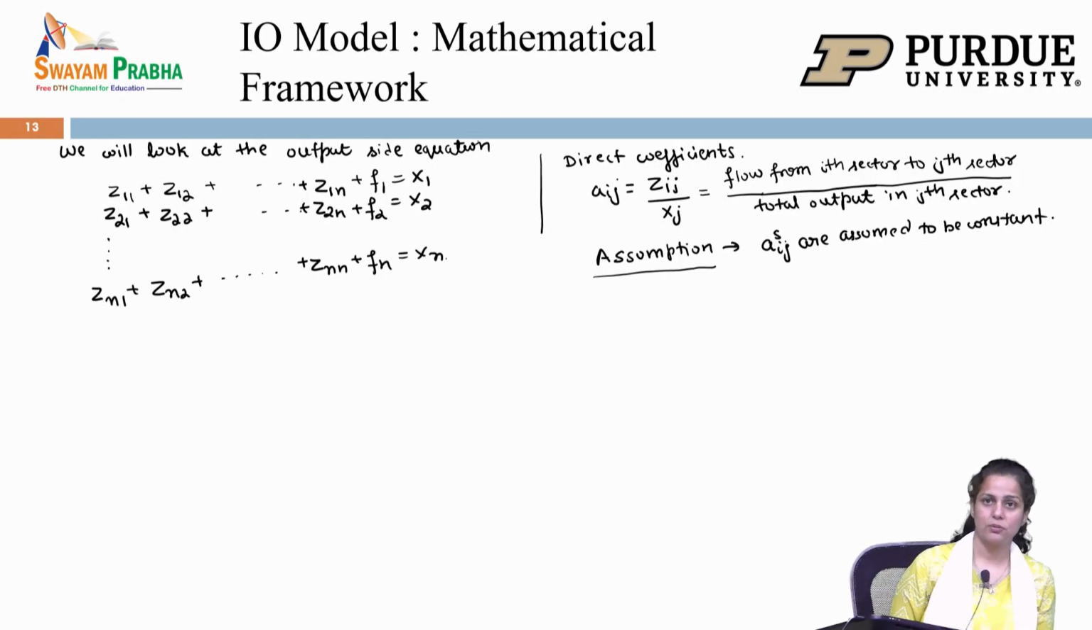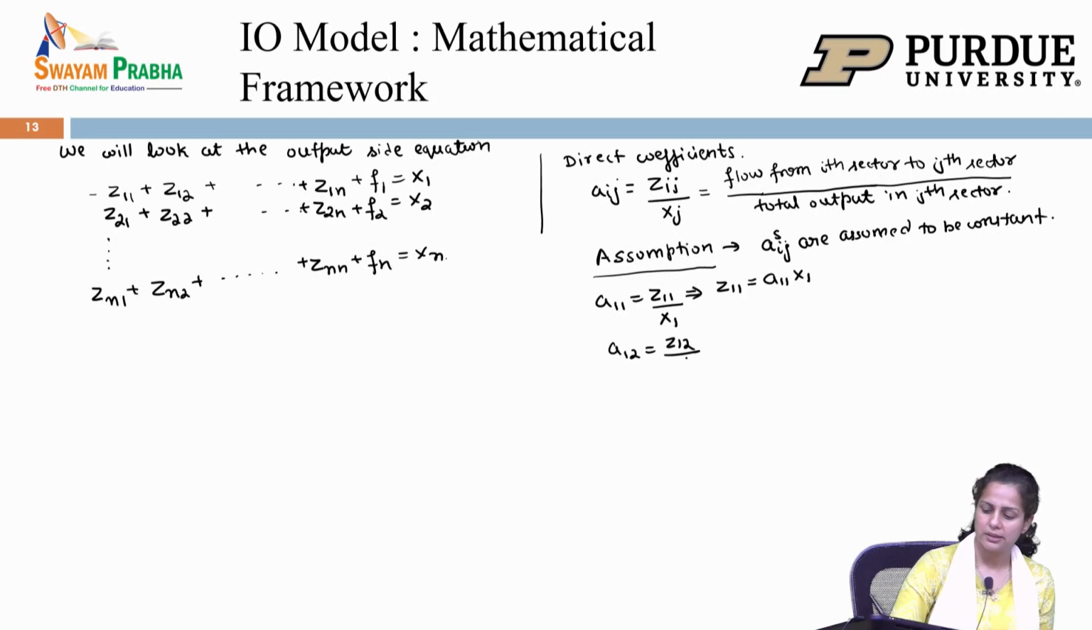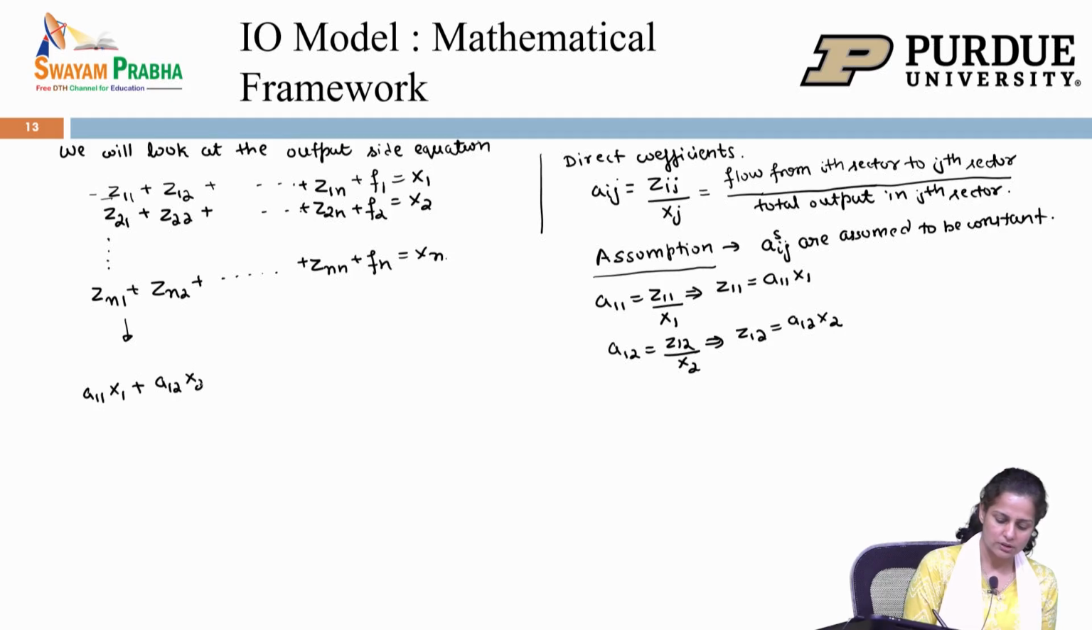So now that we have this definition, we will replace the Zij's in terms of Aij. So let's say we have A11. A11 can be written as Z11 divided by x1, which means that Z11 will be written as A11 times x1. Similarly, I can write A12 is equal to Z12 by x2, and that means that my Z12 can be written as A12 times x2. So we will replace all the z's in terms of A's, or the coefficients that we have defined, and then rearrange the terms to write our final equation. So, let us do that. This model then can be written as A11 times x1 plus A12 times x2